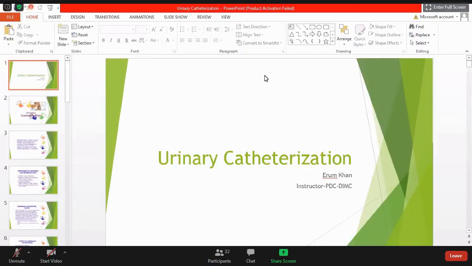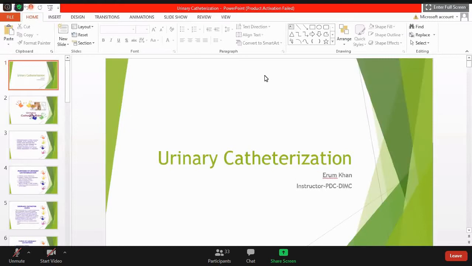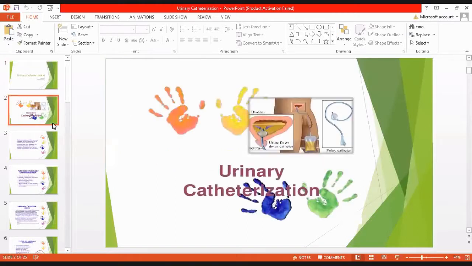Today we are going to start our class on urinary catheterization. There are two types of urinary catheterization. The first one is male catheterization and the second one is female catheterization. We will discuss both, but before starting, I will tell you about some